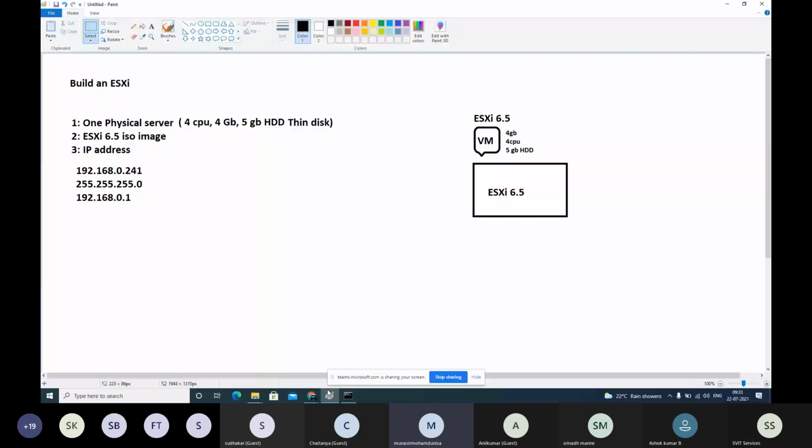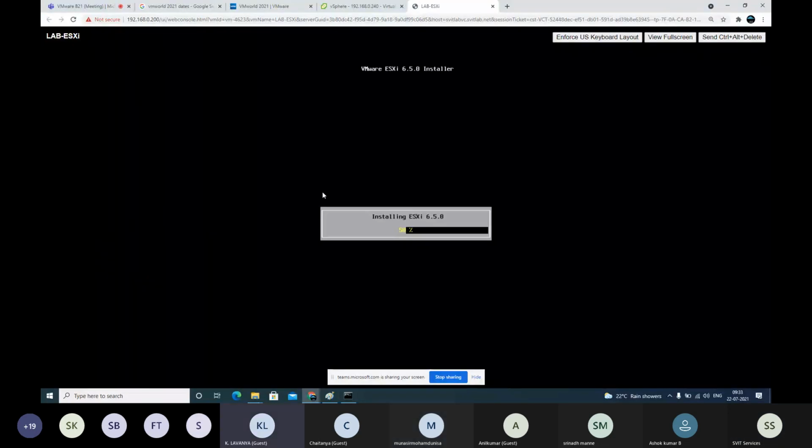Sir, creation of VMs is a routine thing for us in real time, right? Yes. But how often will we be installing ESXi? I don't think that much is needed, right? Correct, very good question. It's once in a while only. It depends on the company's growth. Let's say one company started in Bangalore and they are doing well; 2 hosts are already busy. They are expanding their business to Hyderabad now, so they will place 2 more servers there. At that moment, we will do it. So it depends on the company's growth as well.